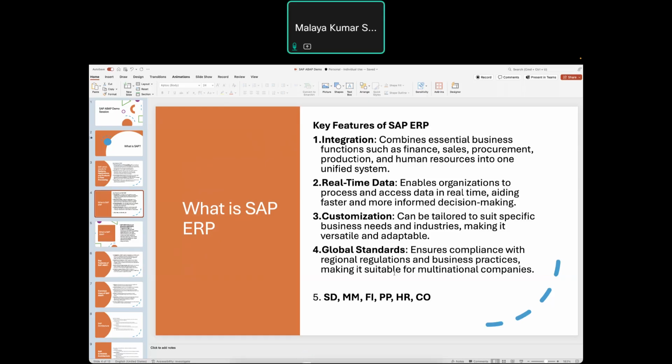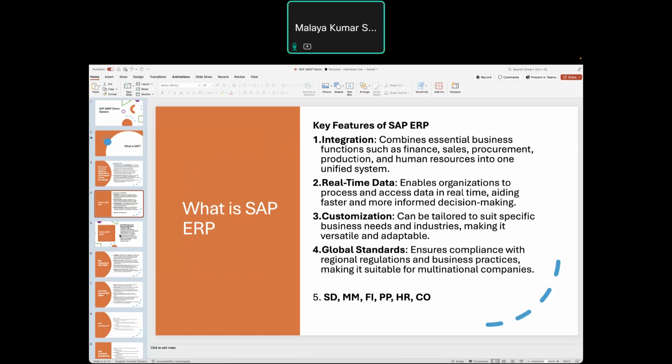SAP also ensures that you are adding that kind of functionality in your organization. Suppose you are selling different products and you have to implement GST on them. Similarly, if you are in some other country, they have different tax slabs, right? For them also, they can customize those and use them based on their global standards.